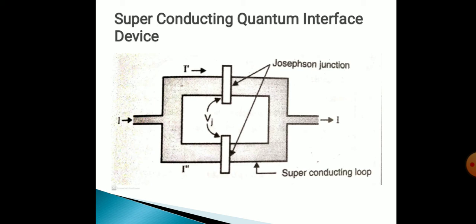When no magnetic field is present around the loop, the current is distributed uniformly in the two branches of the loop. When a magnetic field of small magnitude is present around the loop, a screening current Is circulates such that it changes the current distribution in the loop. At a particular value of the current, a voltage appears across the junction.